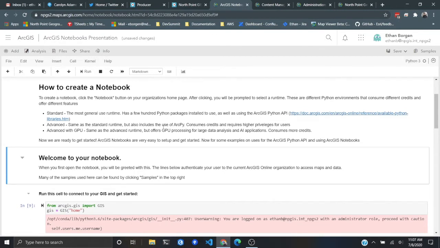So all the work that I'm going to do today is just in the standard runtime, just to show you what you can do with the no credit usage included with your ArcGIS Online subscription. So let's get started and take a look at some of the examples and do a quick tour of